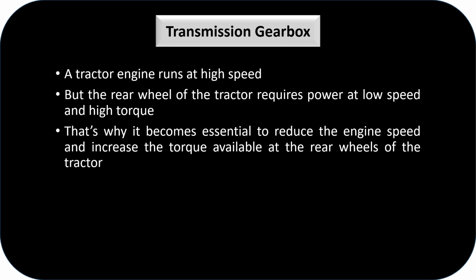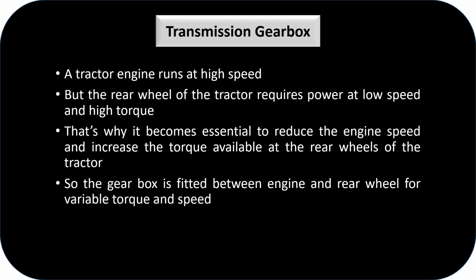But we know that the engine of a tractor is rotating at very high speed and very high RPM. So we want to reduce this high speed produced in the engine by the time it comes to the drive wheels, so that we get low speed, high torque and high tractive effort. That's why we use a gear reduction unit in the powertrain of the tractor, and the important gear reduction unit is the transmission gearbox, from which we get a number of combinations of gears, speeds and torques, so that we can select the required speed and torque based on our requirement in the field conditions.